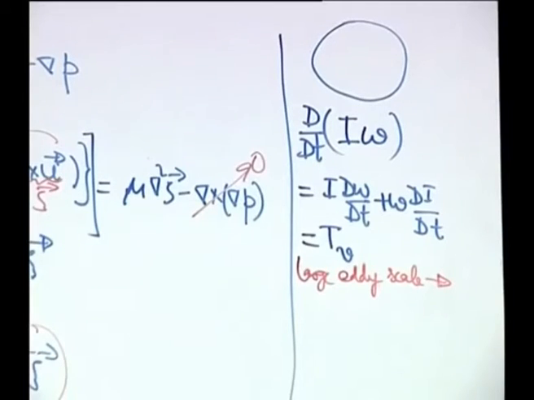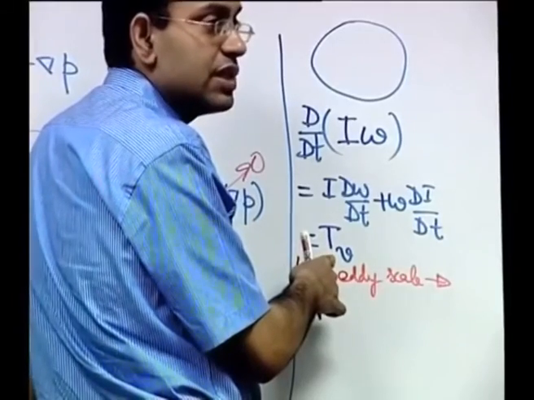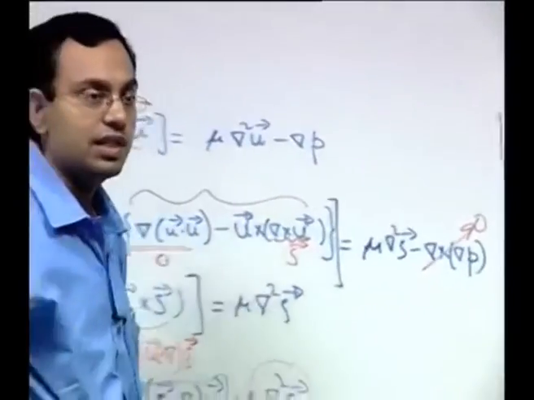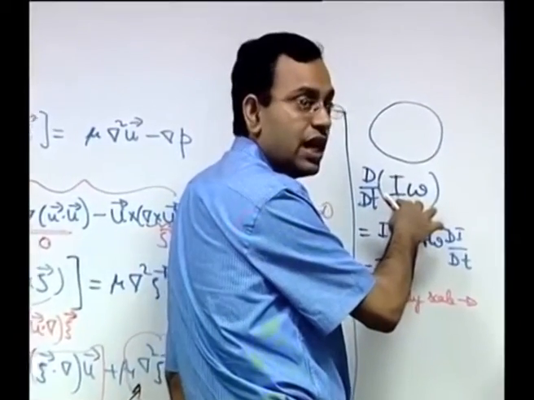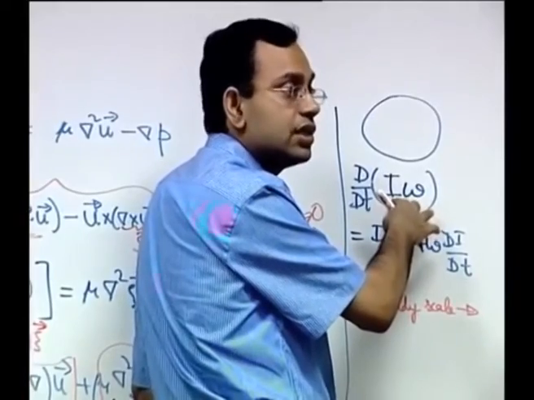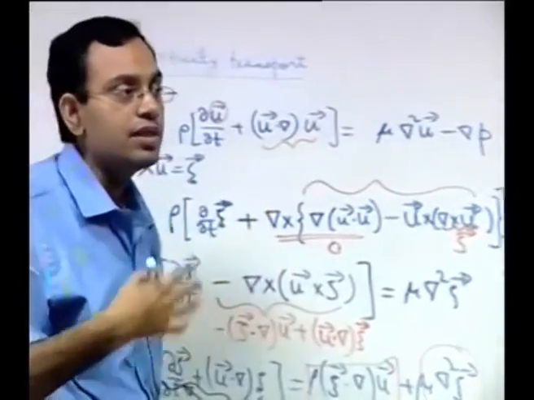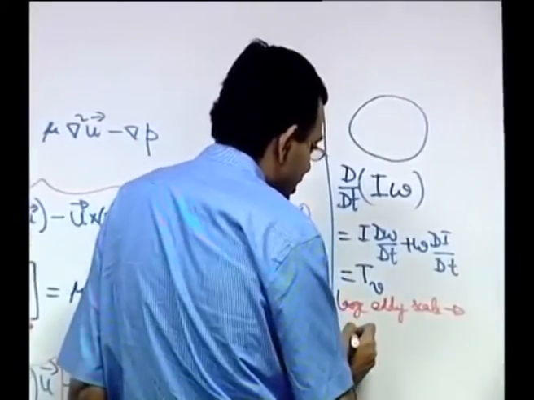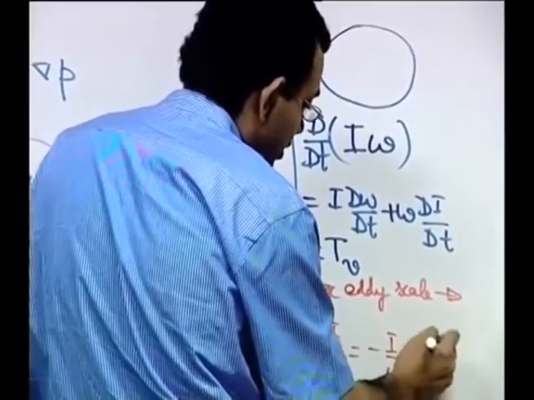If you consider a large eddy scale, what happens to the viscous torque? In the large eddy scale, the viscous torque is negligible, because inertia force dominates much more over the viscous effects. So for the large eddy scale, capital D dt of I omega is equal to 0, like I omega is conserved or angular momentum is conserved. So this is one of the peculiarities of the large eddy, where the angular momentum is conserved. So then for the large eddy scale, we can write di dt is equal to minus I by omega d omega dt.